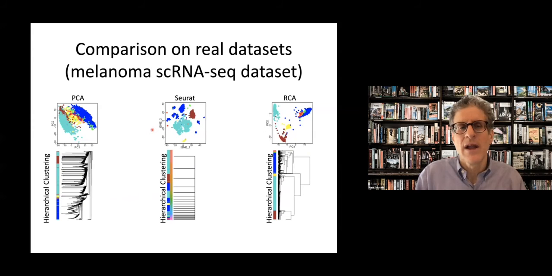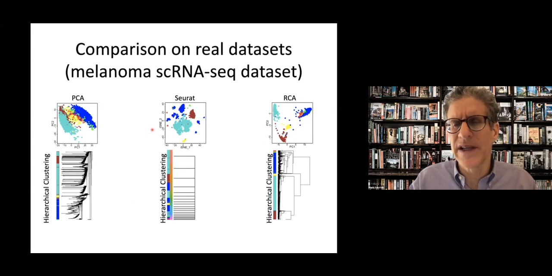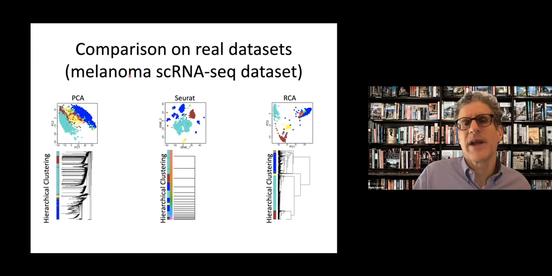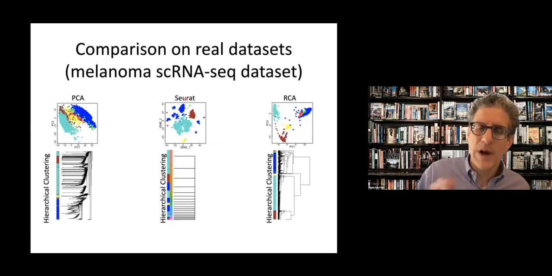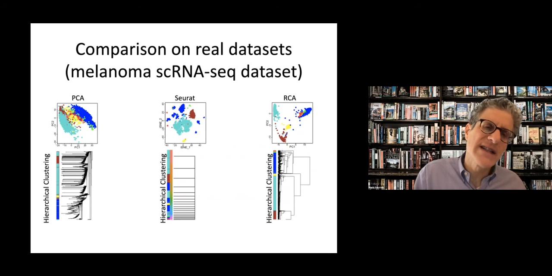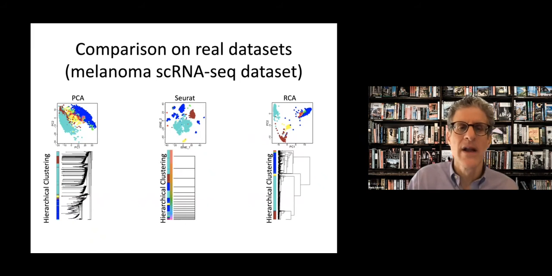I thought it might be good to just look at a few of these types of methods. So here, this is a single cell data set, say for melanoma. Seurat, I should have said, is a popular single cell analysis program that uses tSNE. And so here's what you get when you look at cell types. You can see that they make these nice little bubbles that are separate from each other, okay? On the other hand, if you look at PCA, if you just did SVD, it tries to keep the global relationships between things. And so these bubbles merge with each other, and people find this sometimes less satisfying for dealing with